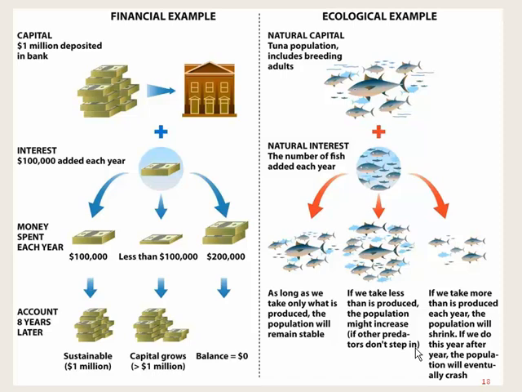If you spend $100,000 a year, you're spending the interest, and the capital is always maintained as a reserve. If you spend less than $100,000, the portion you don't spend adds to the capital, and it grows. And after 8 years, in this example, you have more than $1 million. However, if you spend more than the interest, and in this example, say double what the interest is, you can run out of that $1 million within 8 years by spending as little as $200,000 a year